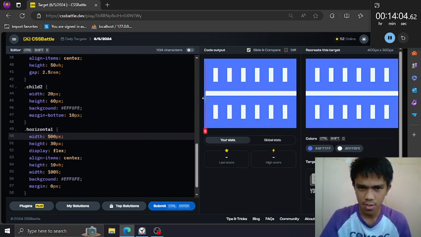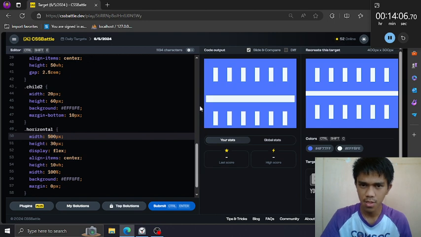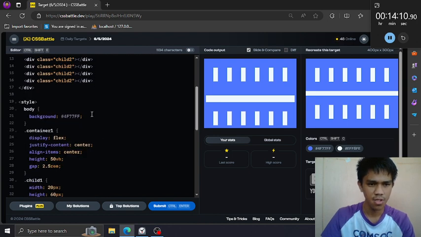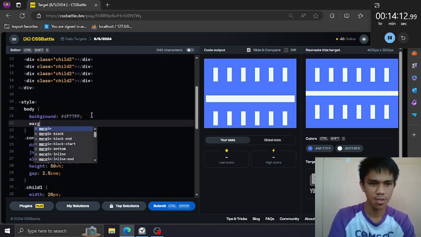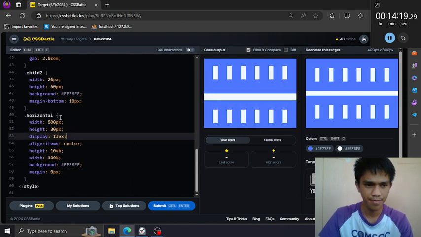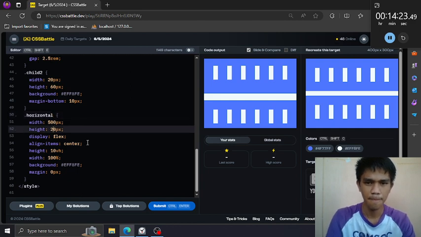There's a default margin here, so this is a lot of work. Margin there, that, and yeah, we have to adjust everything here.